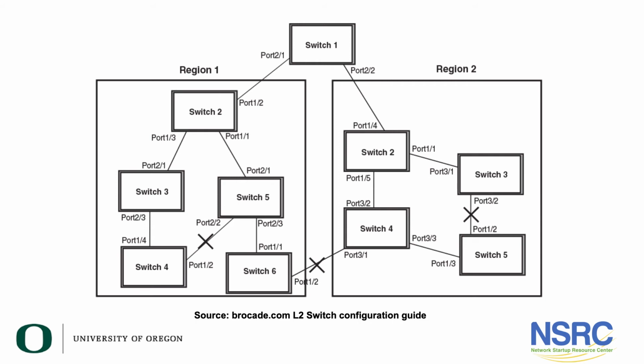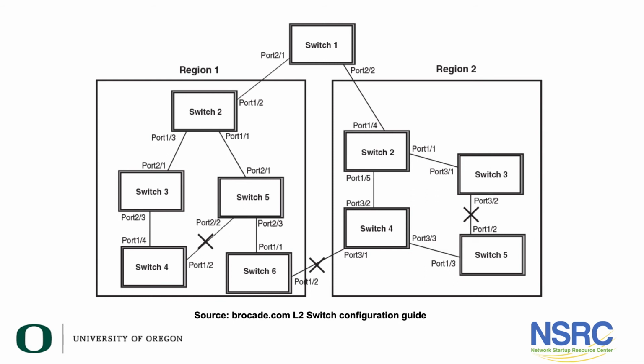Now, if you look at the common spanning tree first, according to this topology, there are 3 switches. There is switch 1, there is region 1, and there is region 2. And note that switch 6 of region 1 is connected to switch 4 of region 2. There is that link, so there is a loop inside the common spanning tree. Because of the common spanning tree, you will end up disabling one of the ports depending on priorities and things, but you'll disable that port between switch 6 and switch 4 between the regions.